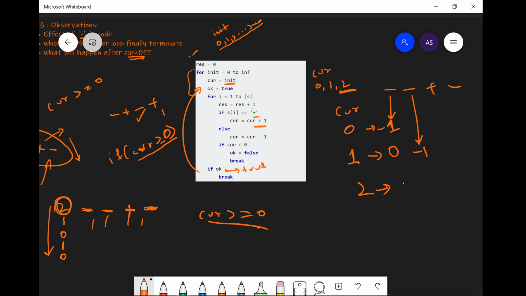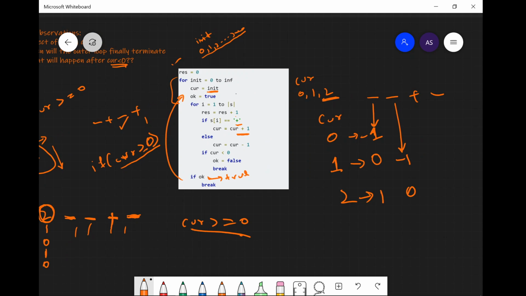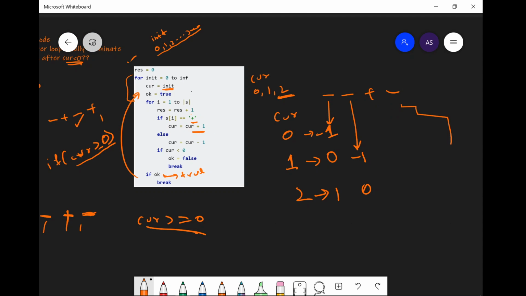When the current was 2, we encountered minus, so current was reduced by 1 and became 1, and again we encountered a minus, so current became 0. After that we encountered a plus, so current became 1. We encountered a minus, so current became 0.